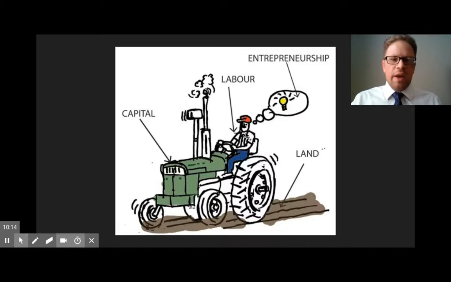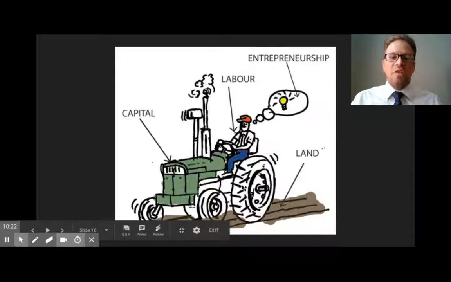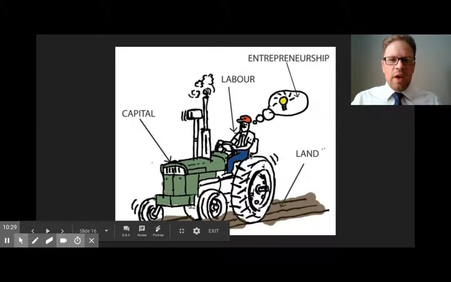So this person might have maybe grown peaches previously, but then they made the decision that, hey, maybe I can use these factors of production in a way that's different than it's been used in the past. And by doing that, I can get my peaches faster than I normally got my peaches.